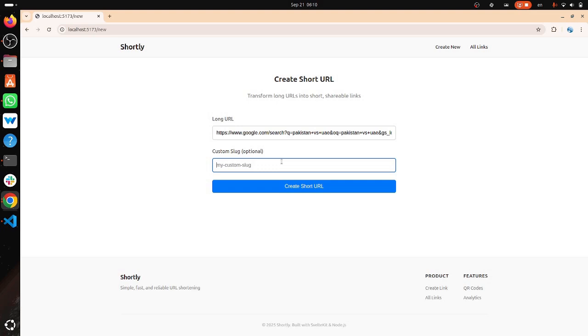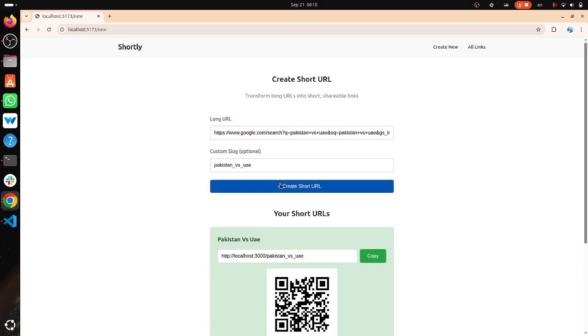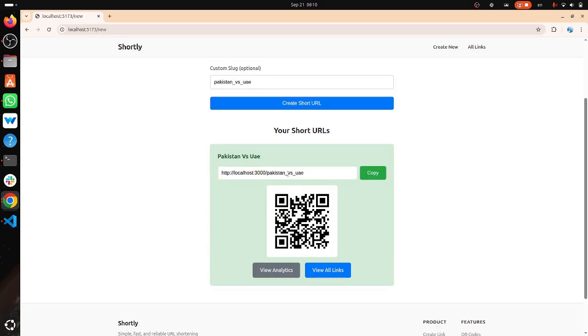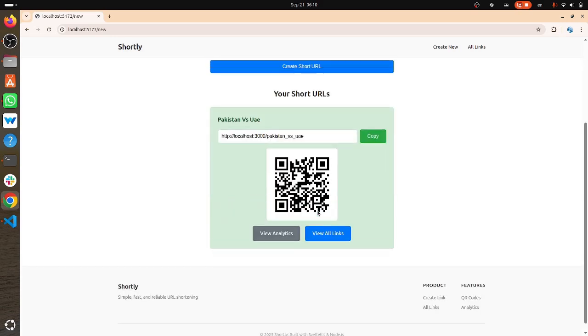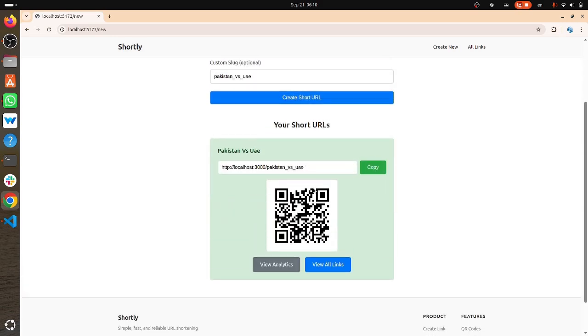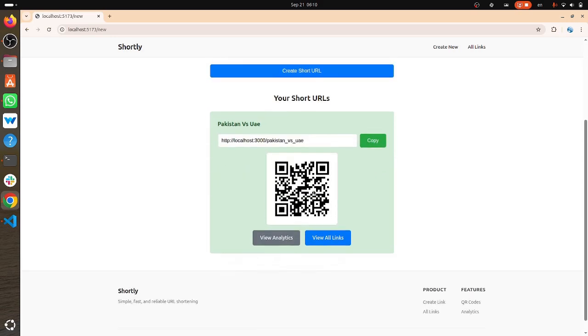I will create a slug for it. And it created a keyword code. It's another shorter URL, whatever name I want, and I